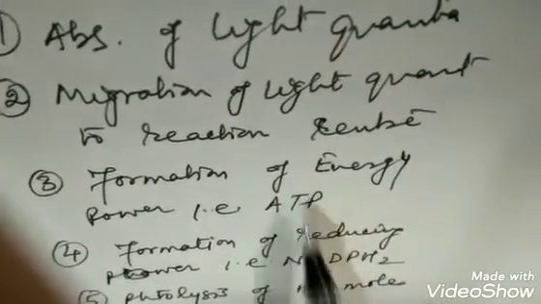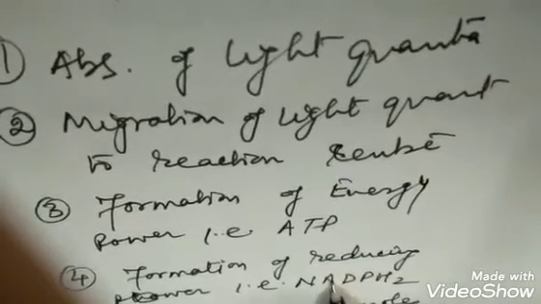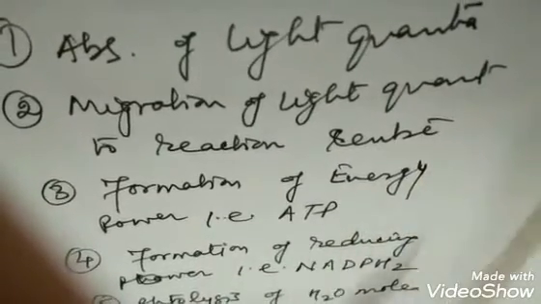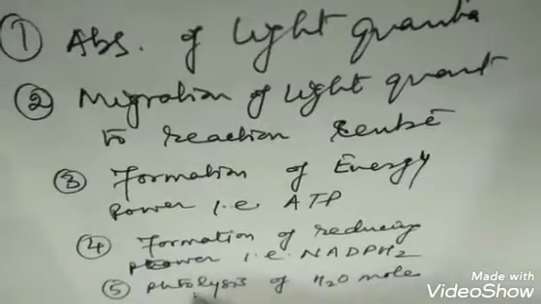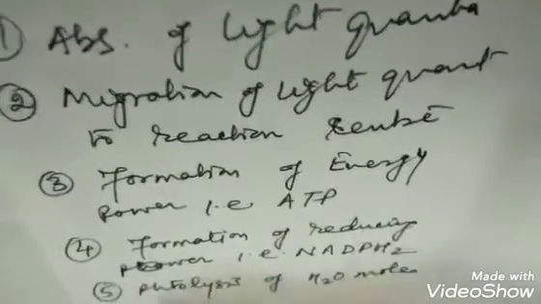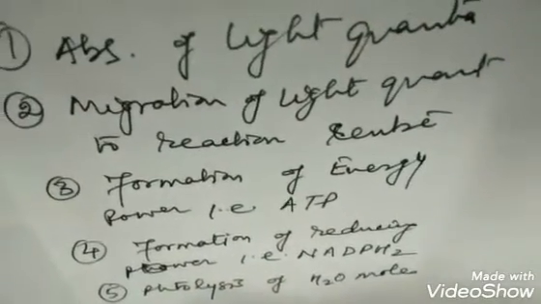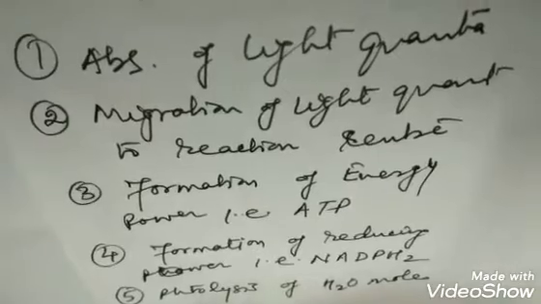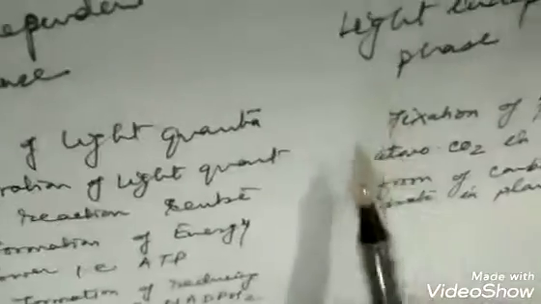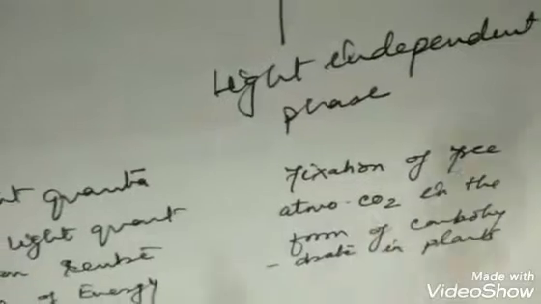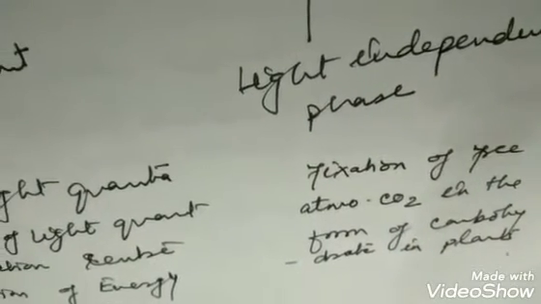Both ATP and NADPH2 are used for the fixation of CO2 during the light independent phase. And the fifth step is the photolysis of the water molecule, or the dehydrogenation of the water molecule. In the light independent phase, the fixation of free atmospheric carbon dioxide takes place,